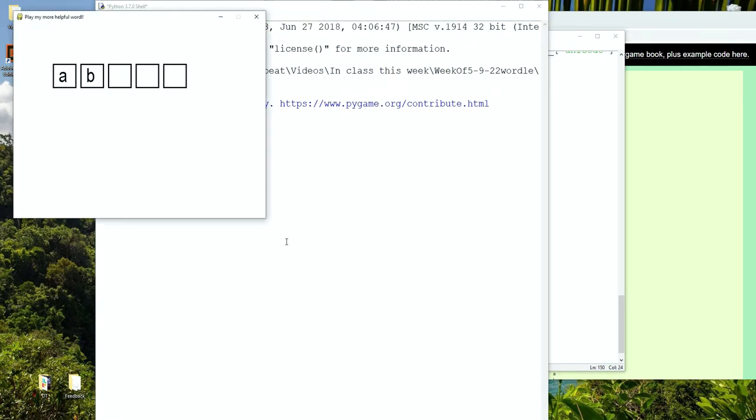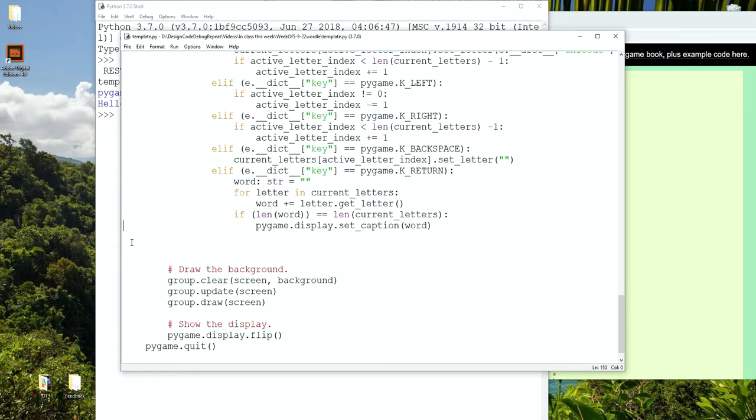So if I do A, B, C, D, E, and enter, then that's my word. Okay, and then if I do space, backspace, B, C, D, E, I can't. Oh, it didn't change the caption, so F does change the caption. Okay, so good. So we've got our word, and then we have that whole mechanism that I haven't written of